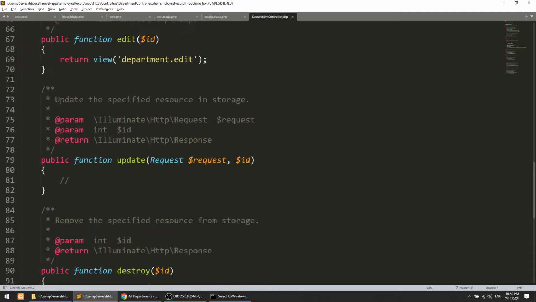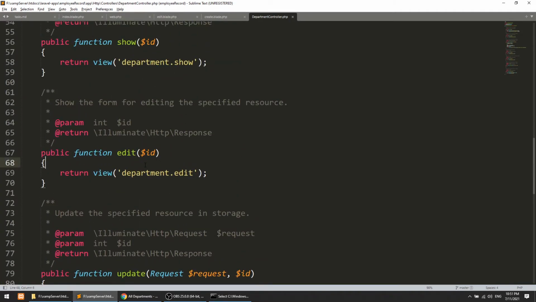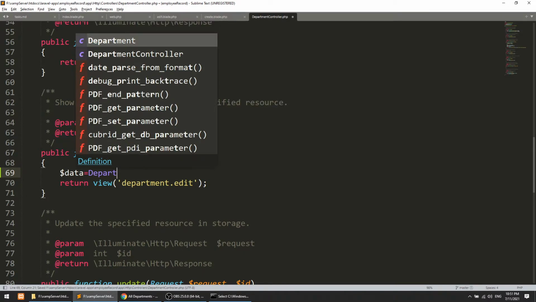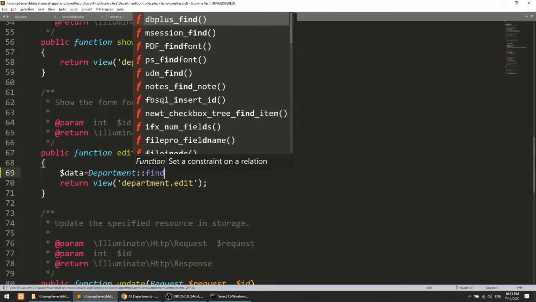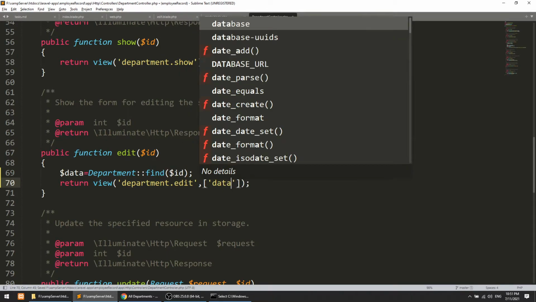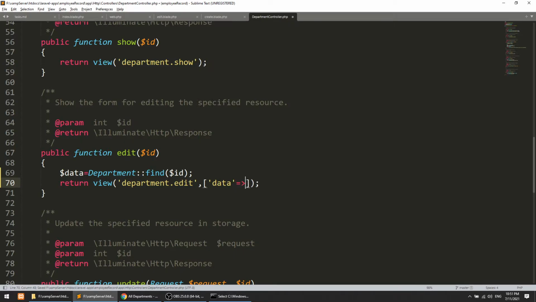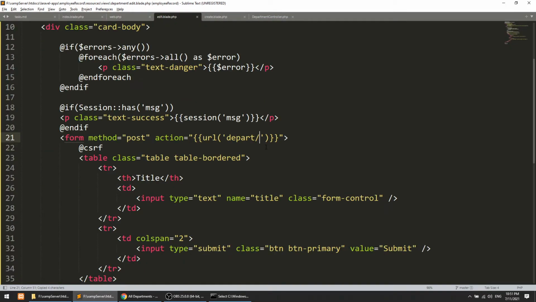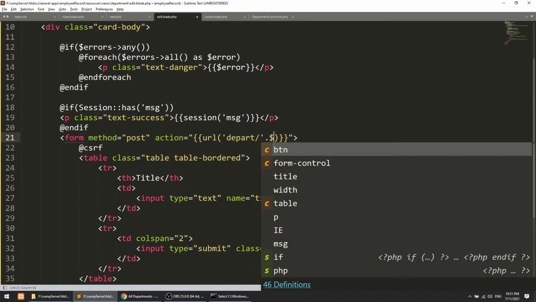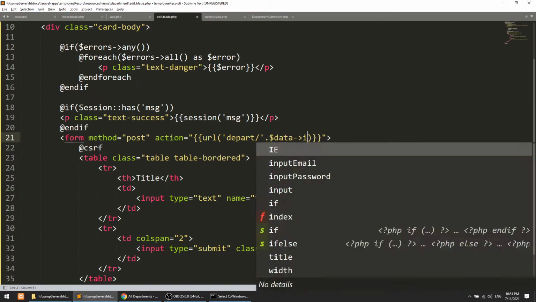So we need to pass the data in the edit form. Okay, so this will call this edit form, and we need to pass the data. So data equal to department, and we have a method. Laravel provides a method find, and here we will pass the data. So now we have the data. I'm passing it in the edit, and we will call this the data variable here, and we can simply perform $data and perform the site.